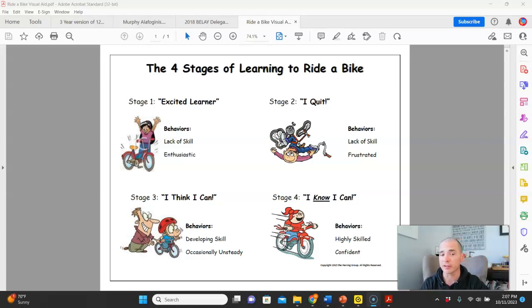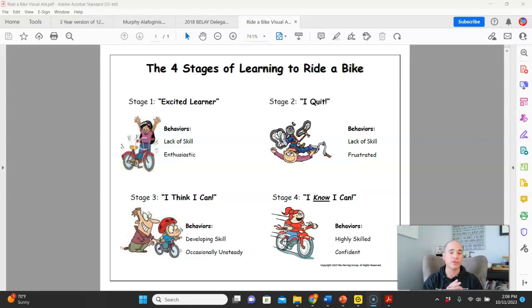And in today's world, they might go learn from your corporate videos, your video training library, how to do something. So in stage 1, they don't need any motivation or encouragement. They just need what to do and how to do it. And that's all you need to give them. And then in stage 2, when they fall off the bike, you've got 2 problems. One is they're frustrated. They want to quit. They don't want to push through this discomfort. And they don't know what they're doing, right? Both lack of skill and they're frustrated.